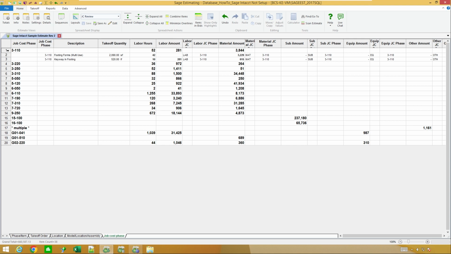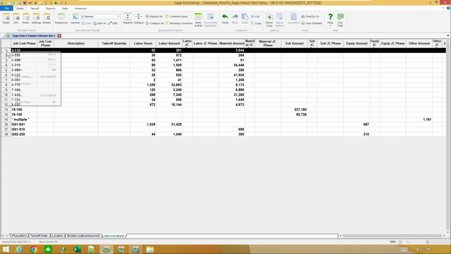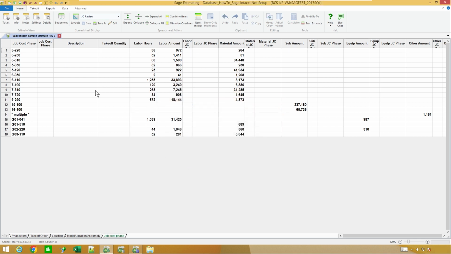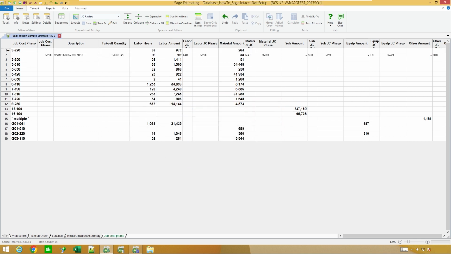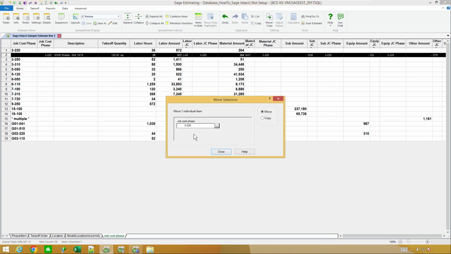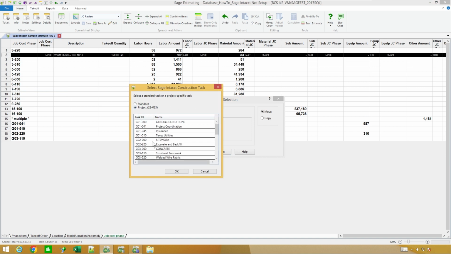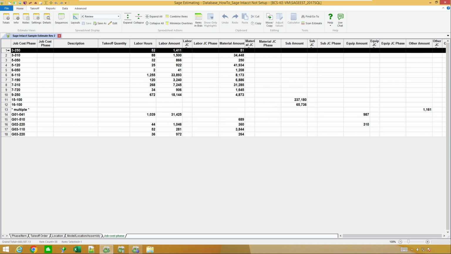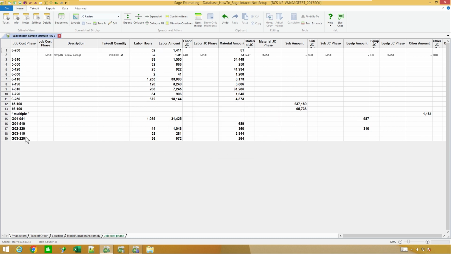So let's see, that all looks like, let's say, forming stuff. So I'm just going to go ahead and say I want to move those to somewhere else. Let's say I want to move those to, let's just say formwork. And wire mesh, I'm going to move it. And what else do we got out here? Some stripping and only forms. So I'm going to go ahead and put that with the rest of my form material.